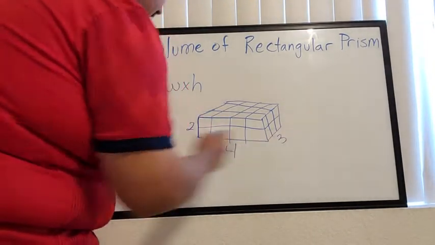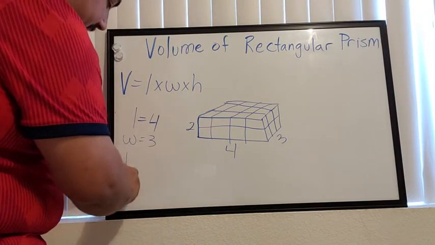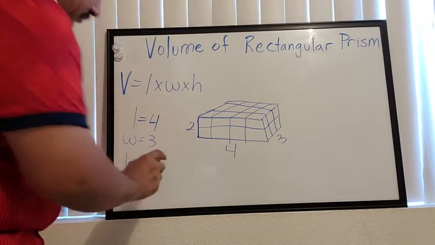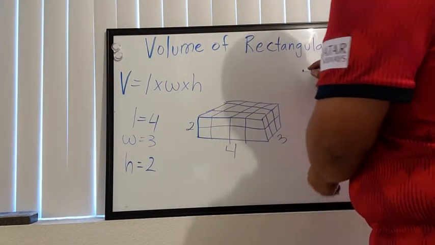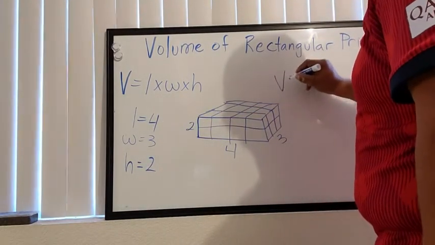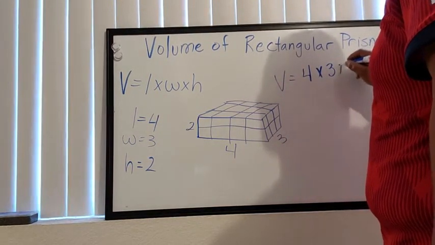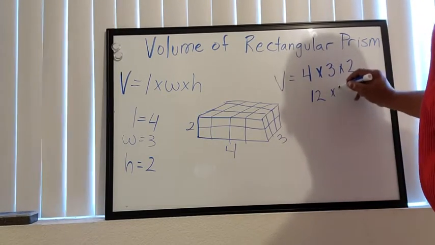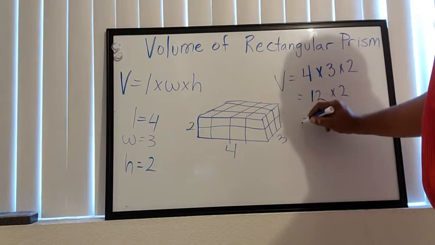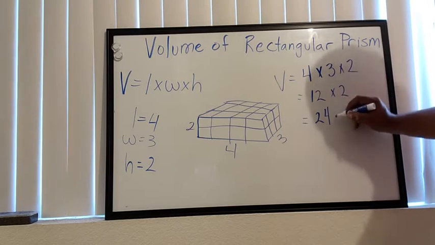Our width is 3, and our height is 2. Now, all we need to do is multiply length times width times height. So we got volume equals 4 times 3 times 2. 4 times 3 is 12. And 12 times 2 is 24. This means we have 24